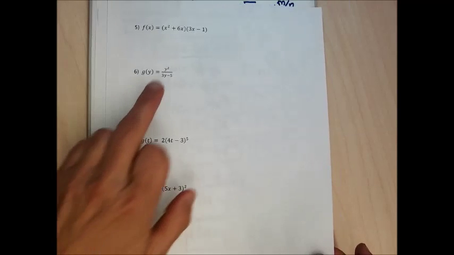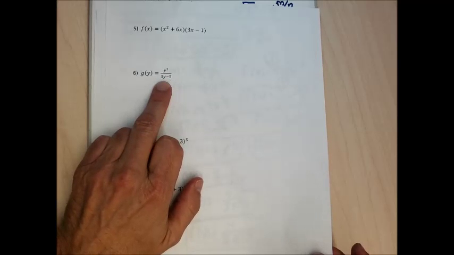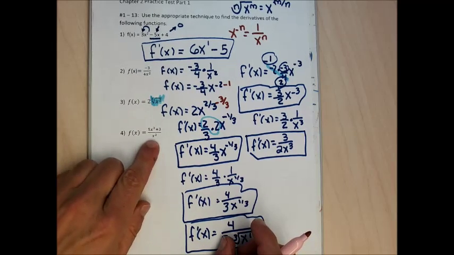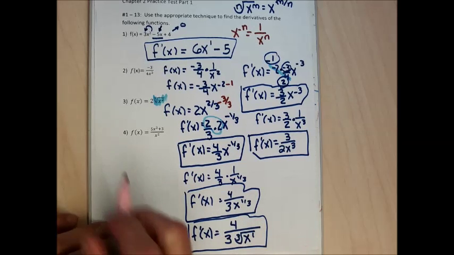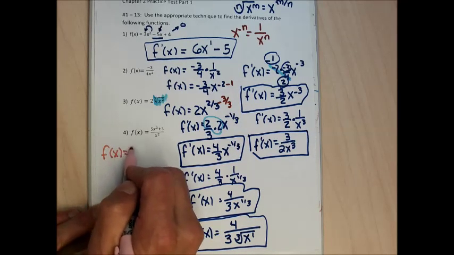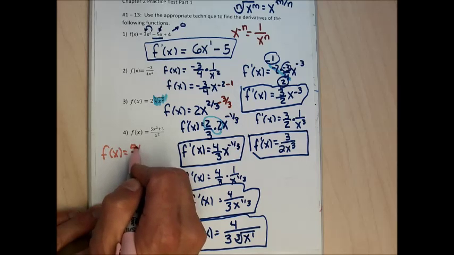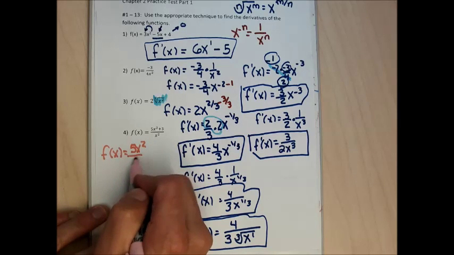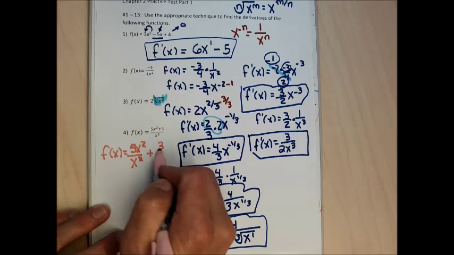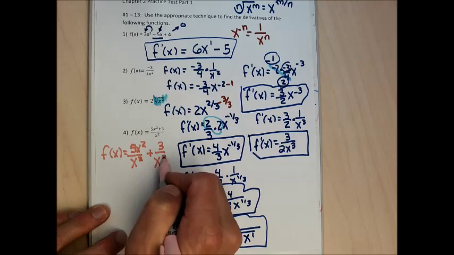When I get on to the next page and do a problem like number 6, I won't really be able to bypass the quotient rule that easily because the denominator has subtraction in it. But in both number 2 and number 4, the denominator doesn't have any subtraction in it. I can rewrite the problem to avoid the quotient rule, and it'll make it a lot easier to take my derivative. So I'm going to rewrite the problem in number 4 by taking both terms in the numerator and writing